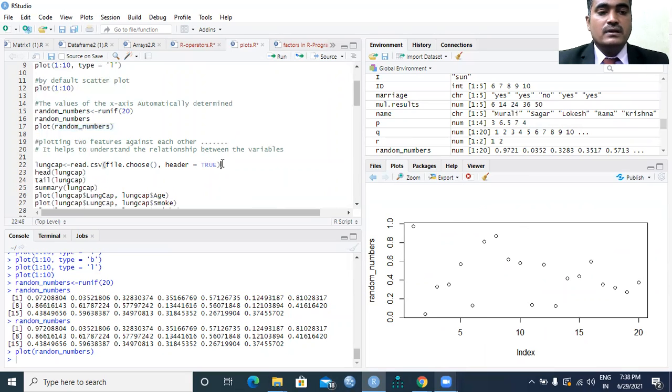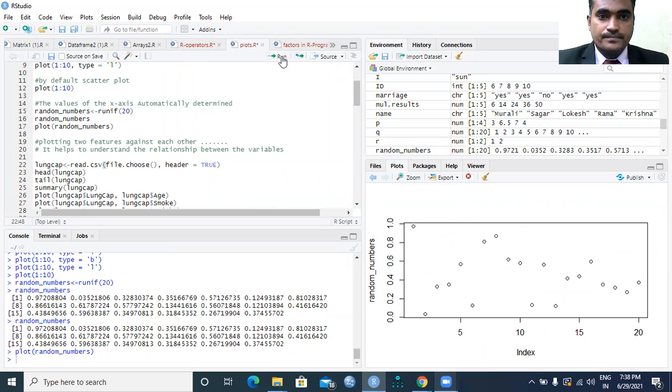Now, for a meaningful understanding of this scatter plot, I'm going to import a .csv file from my desktop.